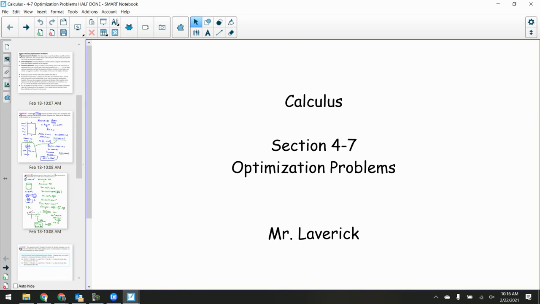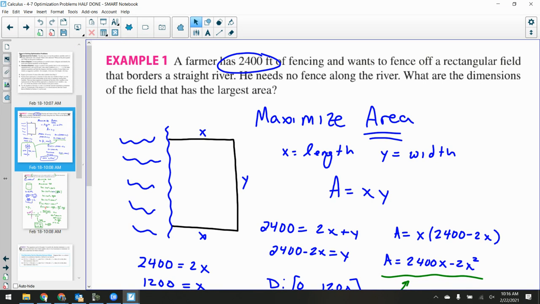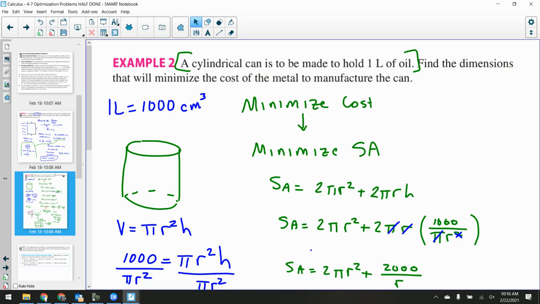Like, for example, we did a problem about maximizing area, knowing things about the perimeter. We did a problem about minimizing costs, minimizing the cost of a can, based on its volume, knowing that it has to have 1 liter of volume. How do we minimize costs? Well, cost would be related to how much material you would need, so therefore I would need to minimize the surface area, right? So we've done these problems about maximizing or minimizing a certain value. Okay,